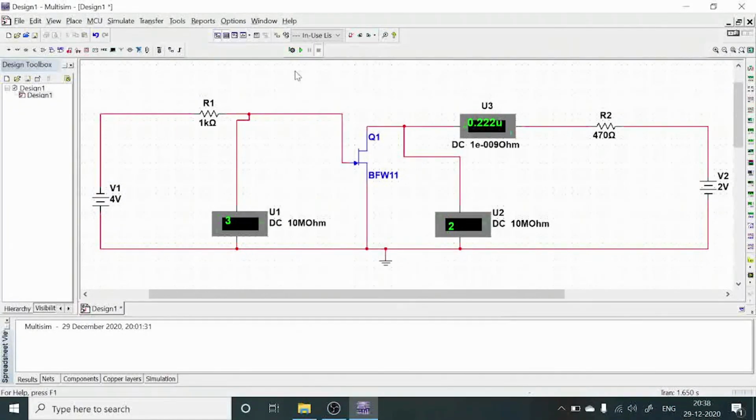Then select OK and simulate. Then note down again the drain current and your gate to source voltage. Like this, we need to observe the drain current and the gate to source voltage with respect to a gate biasing voltage, while maintaining the drain to source voltage constant.